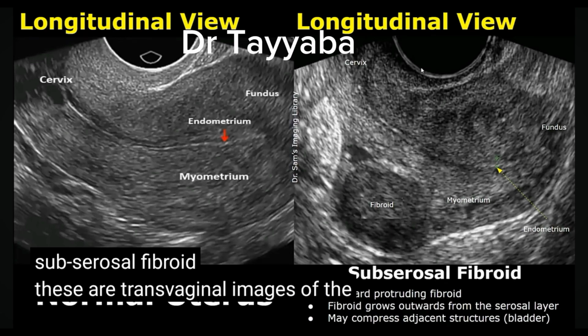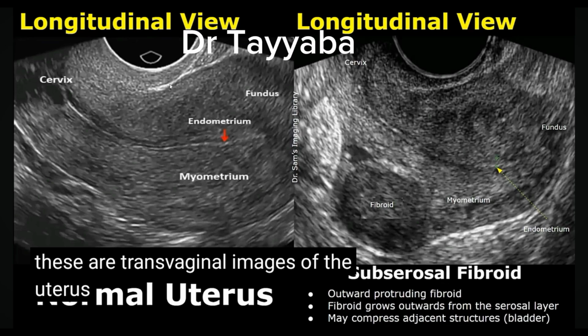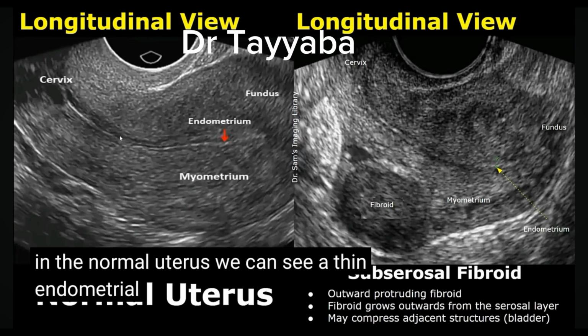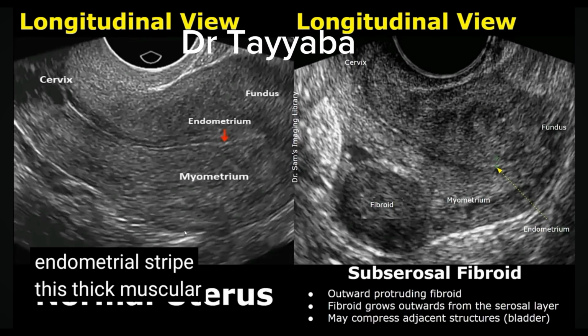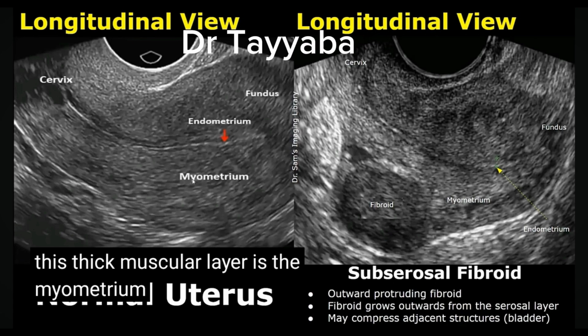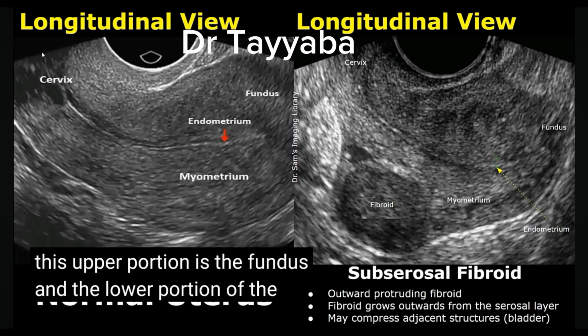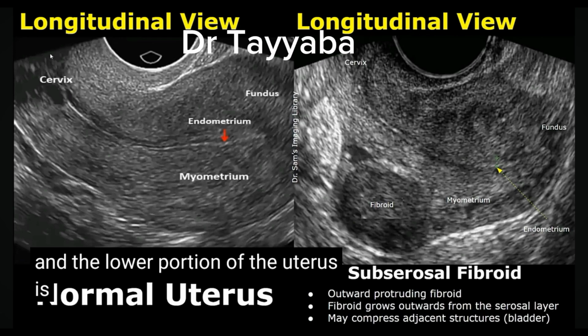These are transvaginal images of the uterus. In the normal uterus, we can see an endometrial strip. This thick muscular layer is the myometrium. This upper portion is the fundus and the lower portion of the uterus is the cervix,